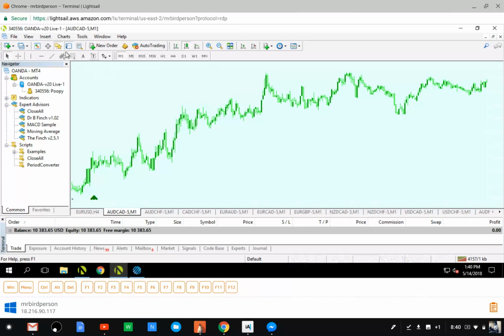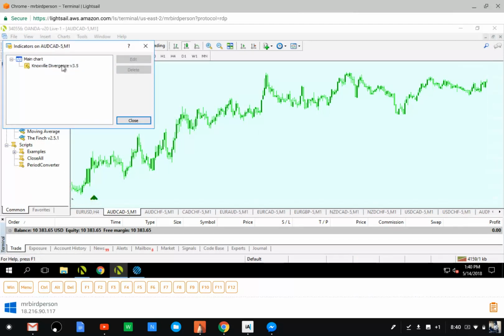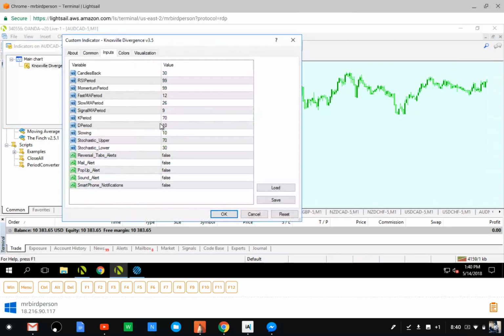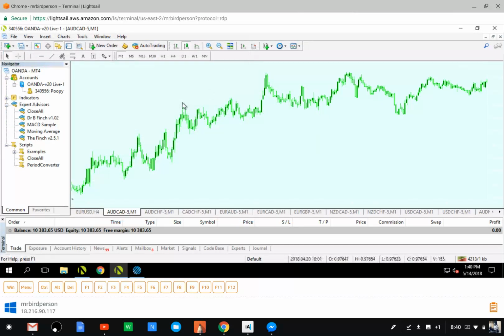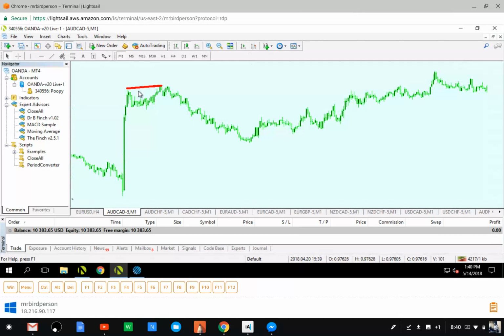Now, what I also want to do is click on Charts, Indicators List, and I want to make sure my Knoxville divergence lines are popping up. Whoops, RSI period is 21, momentum period is 20, and everything else is fine. I'm going to change stochastic upper to 99 and stochastic lower to 1. What this is going to do is now my charts will show Knoxville divergence lines, but will not show